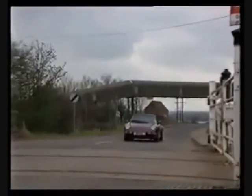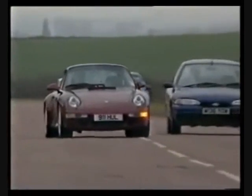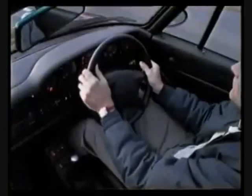Even in everyday normal life, the turbo provides driver satisfaction. Although you have to be prepared to feel every bump in the road through those ultra-low profile tyres. When you want to overtake, you can do it quickly and therefore safely. No lag, no sudden whoosh of power, just instant acceleration. That's all part of a package that makes the 911 Turbo one of the most impressive production cars on the